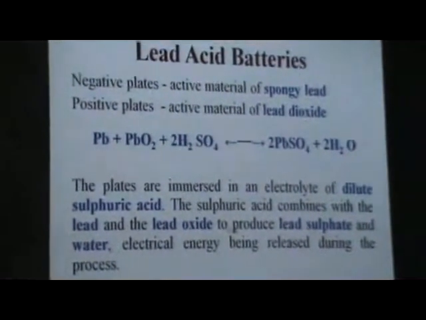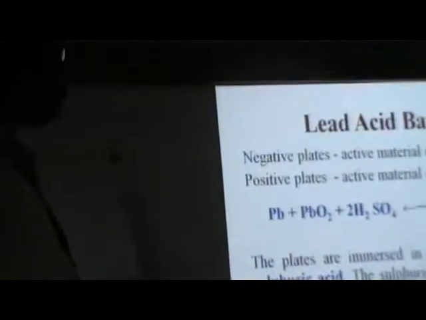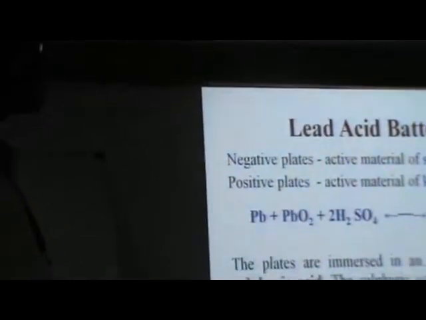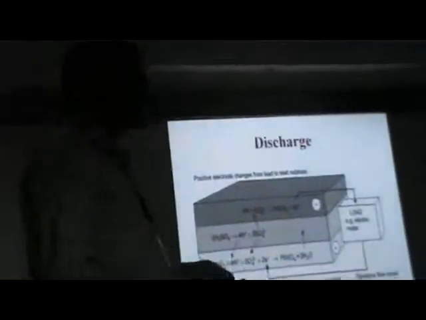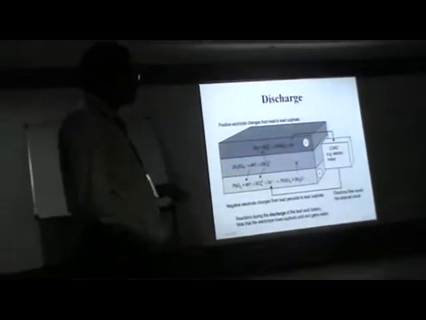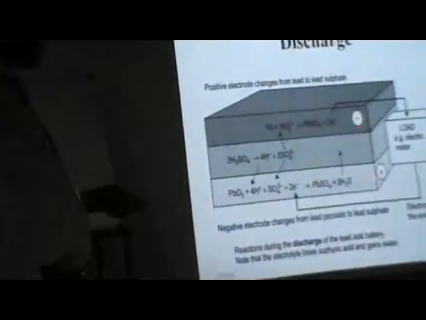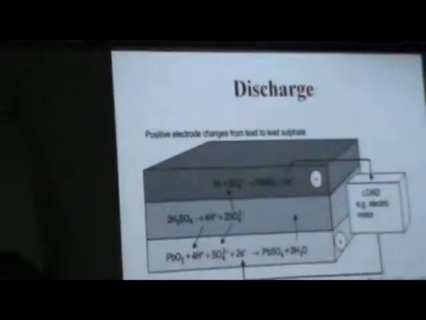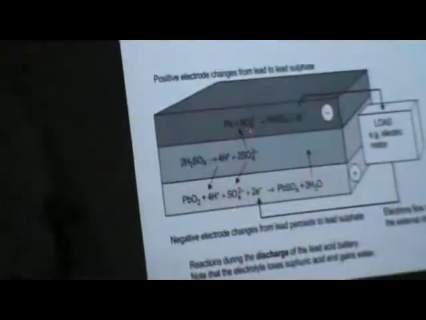At the time of using the lead acid, this chemical reaction is happening. Sulfuric acid is added. One plate is lead and one is lead oxide. From that, the sulfuric acid delivers energy, and electrons flow from the negative to positive. How are the electrons flowing from negative to positive? This is the negative plate, this is the positive plate, and in between the load is connected. Now the electrons move in this direction, and then the circuit is going to close. How does it close? Using this chemical reaction.